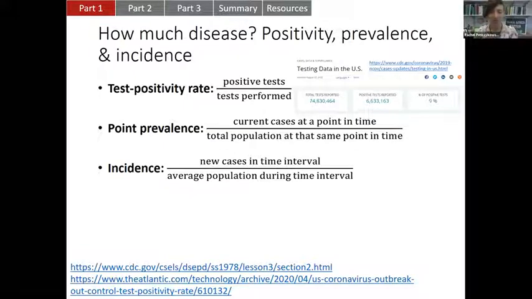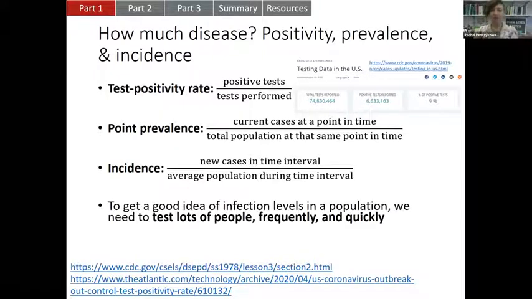Okay, so these are three really critical definitions. But the bottom line is, to get a good idea of infection levels in a population, we really need to know a lot about those denominators and those numerators. And so we need to get a lot of tests done on a lot of people. We need to test people frequently, and we need to test people quickly, because if there are very long lags between when a test is administered and when we have the results, it really messes up our ability to estimate any of these